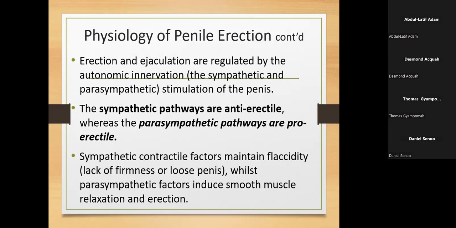Sympathetic, S for stress. Whenever you are stressed out, you want to move out. So it is sympathetic innervation. The sympathetic nervous system controls what we call fight and flight. Because you are stressed out, you want to go out, you want to fight, you want to do something. So it lets you move out, and for that matter, you will spend a lot of energy.